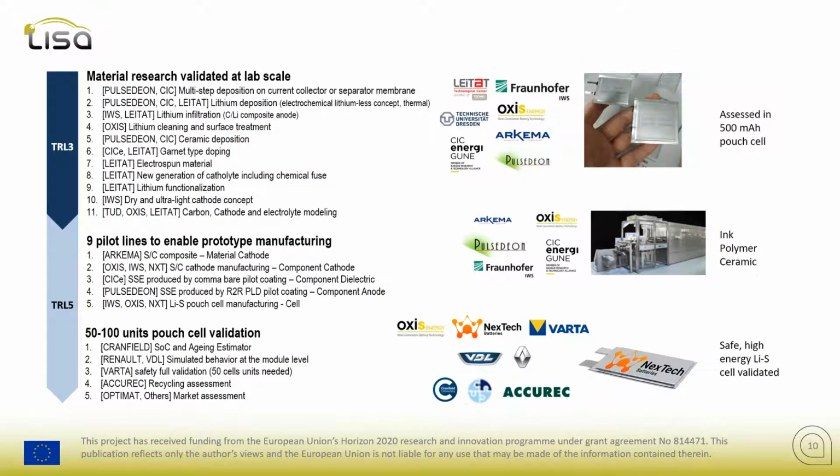As a research innovation action project, we start from quite a low TRL of 3, and we'll end up at TRL 5. So we're starting where materials are validated and developed and improved at lab scale. And as of today, we're at the stage where our pilot lines are gearing up for production, and will ultimately produce 50 to 100 cells as prototype runs, which will then be validated for state of charge, safety, and recycling